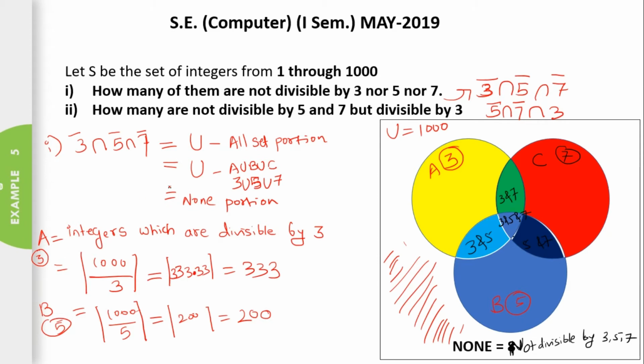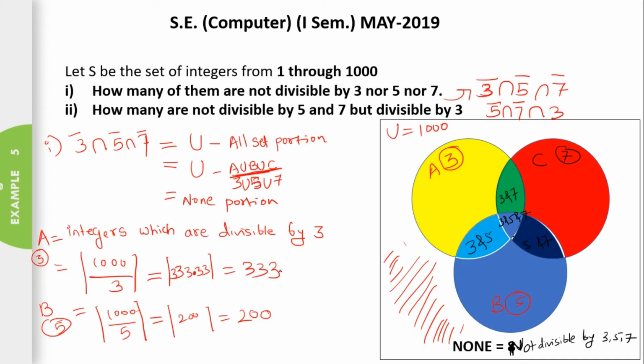So for getting this whole equation, we should solve this equation first. We don't know what is the value of this equation. For solving that portion, we can use the principle of inclusion and exclusion theorem. So we can say that the numbers which are divisible by 3 are, because the largest count is 1000, 1000 numbers are there. 1000 divided by 3. Just pick only the integer value of the division.